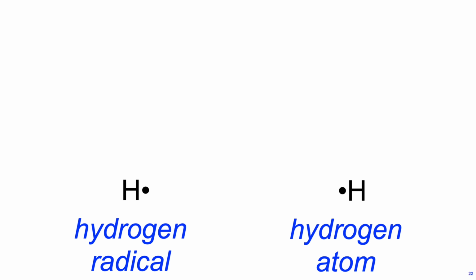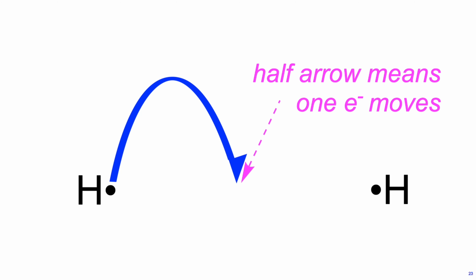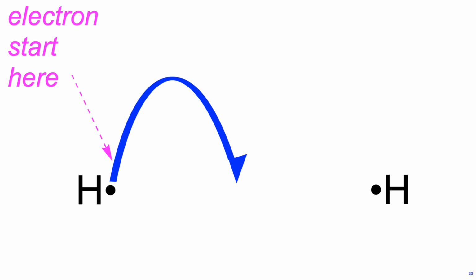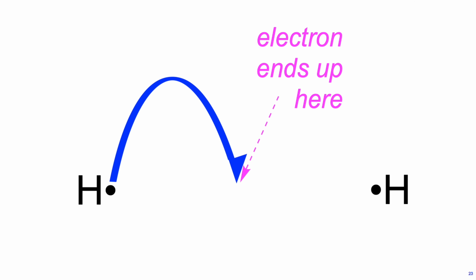Let's go back to the hydrogen radical. One happy day, it meets another hydrogen atom. So what is this arrow here? The half arrows mean the electron is being moved from the hydrogen to that empty space. Yes, good. The position of the start and the end of the arrow are very particular. The fact that it is a fishhook, we call it, means only one electron is moving.